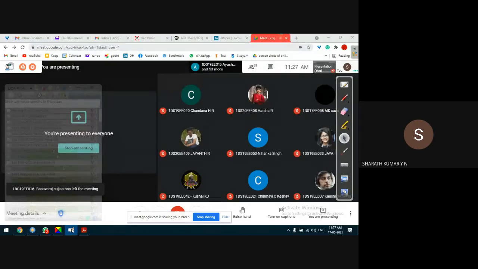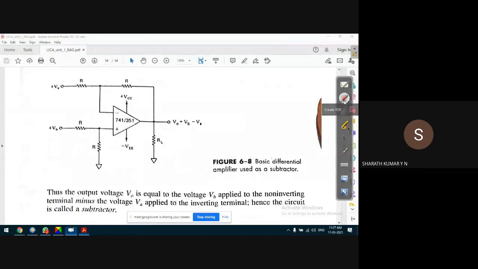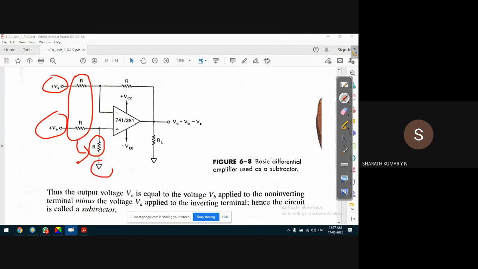Here we go. Two voltages VA and VB are applied to the op amp. So the output voltage is, and we are selecting R equal to R. That is, the input resistors are equal, which is equal to, observe this, these two resistors are equal to the resistor applied to the non-inverting input terminal. Why is this necessary, guys? One reason is that this will provide the path for the DC current to flow into the input terminal of the op amp. This is the non-inverting input terminal of the op amp.